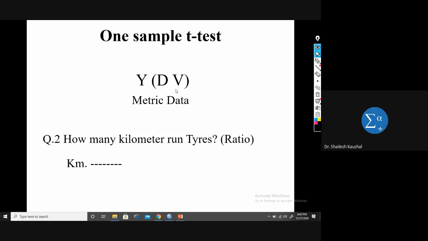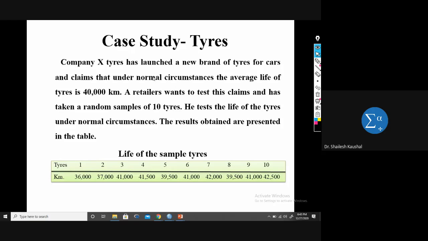It's a tire company. In this case study, Company X Tires has launched a new brand of car tires and claims that under normal circumstances, the average life of the tires is 40,000 kilometers. A retailer wants to test this claim and has taken a random sample of 10 tires. He tests the life of the tires under normal circumstances. It means he is claiming the tire will run 40,000 kilometers. Whether he is right or not, he took the 10